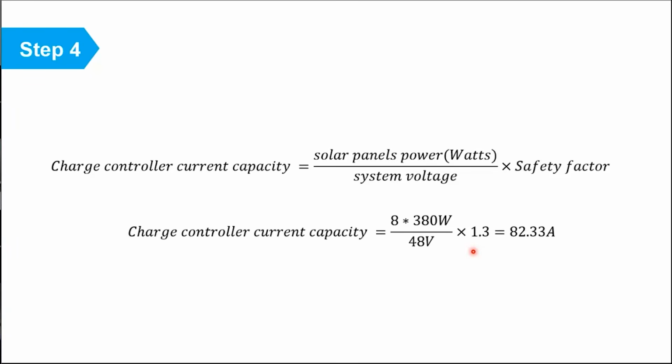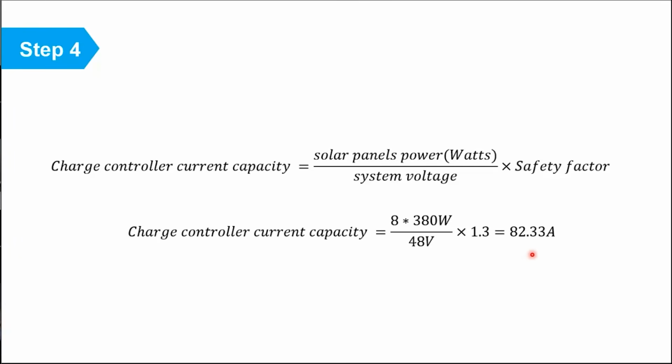Because, as we mentioned, temperature affects the outcome of the PV arrays. If it's too hot, then you might have more production, and that should be taken into account in the charge controller, because otherwise this increased production will damage the charge controller. So we have a safety factor of 1.3 just to make sure that if it's really harsh conditions and the environment is too hot, then we have accounted for the damage that the overcurrent might cause to the charge controller. That's why we have this coefficient here, and we have